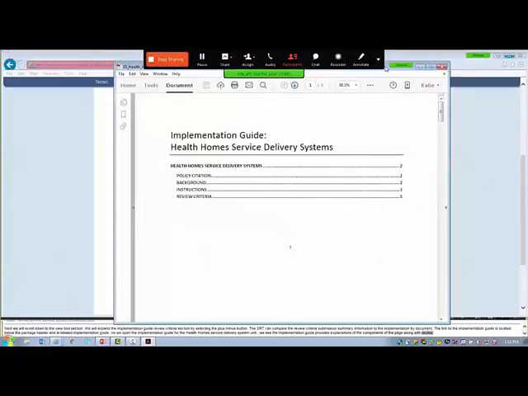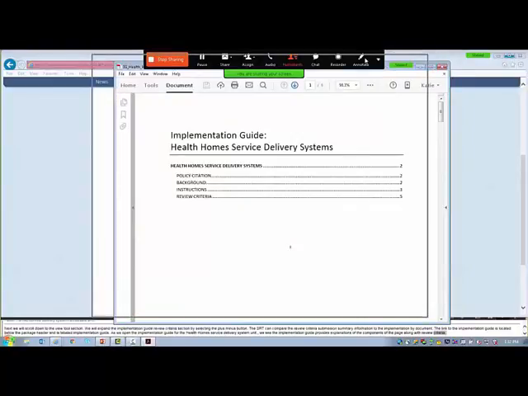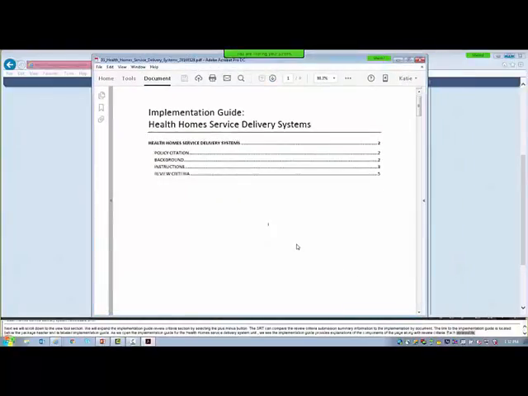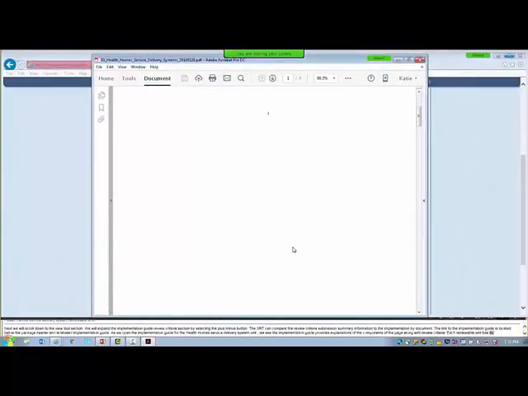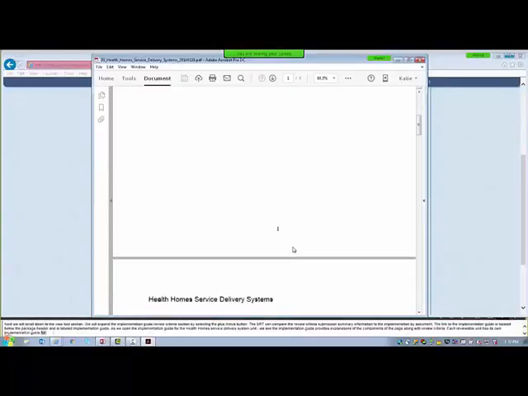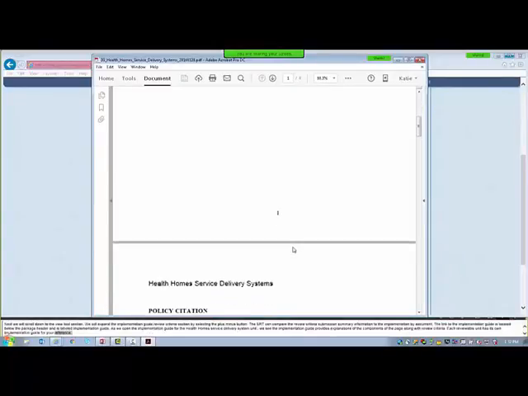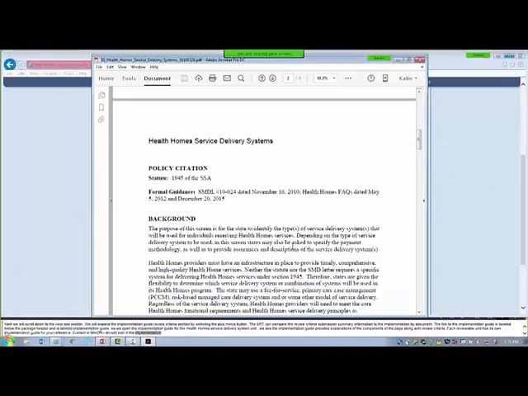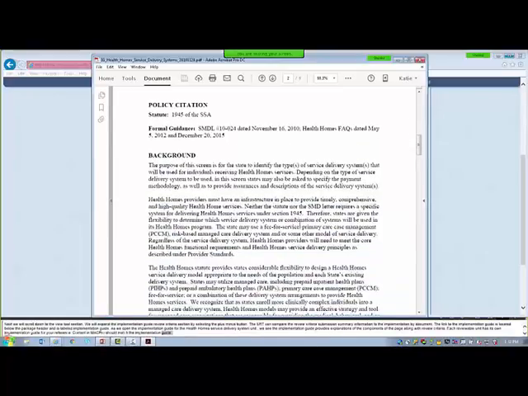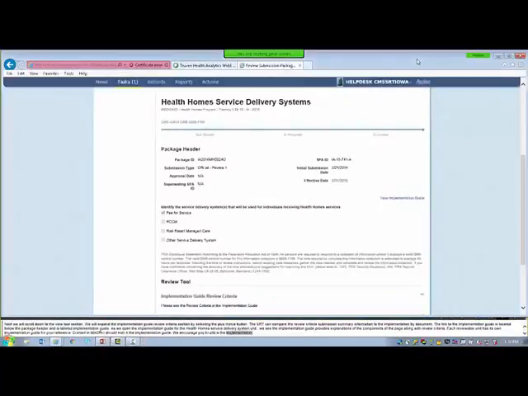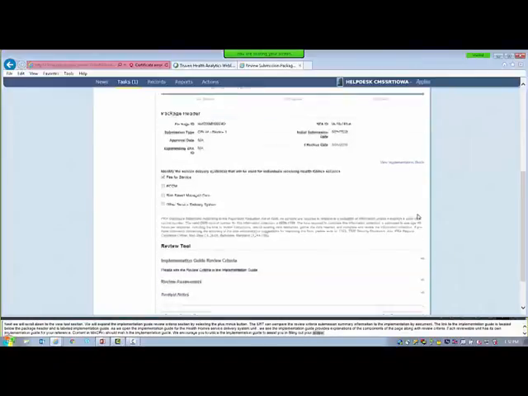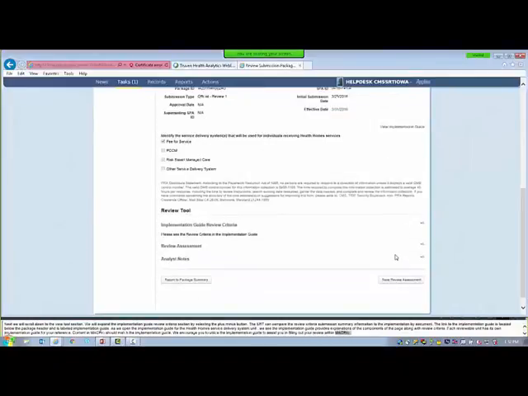Each reviewable unit has its own implementation guide for your reference. Content in MacPro should match the implementation guides. We encourage you to utilize the implementation guides to assist you in filling out your review within MacPro. Next, we will expand the Review Assessment section by selecting the +- button.